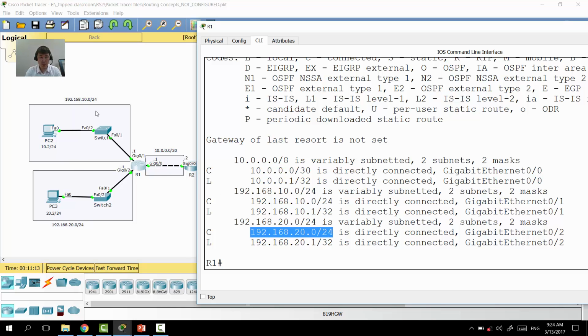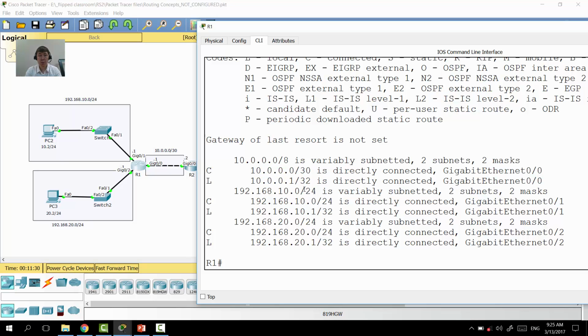So we have three networks which are directly connected to router 1. And when you are configuring an interface,